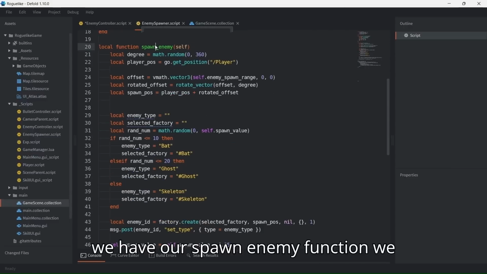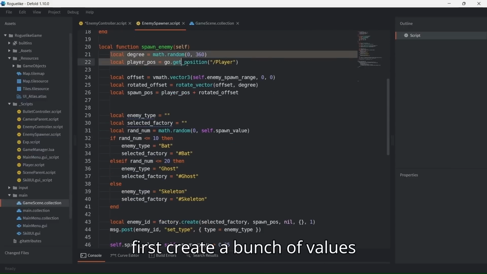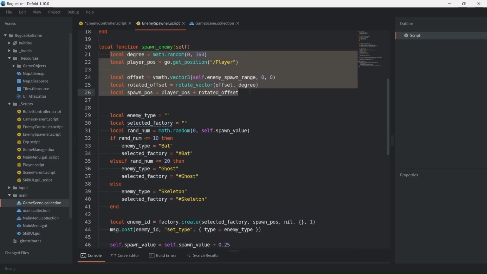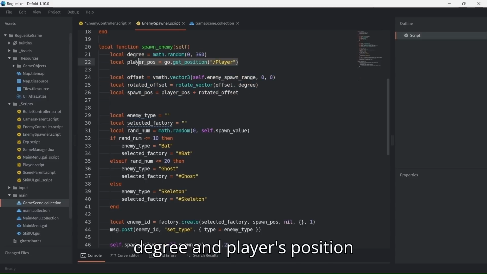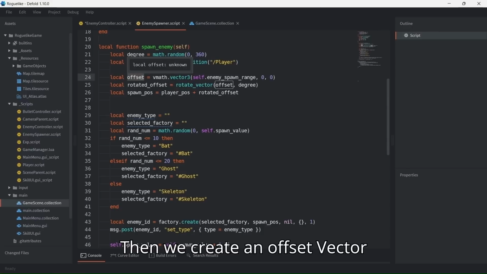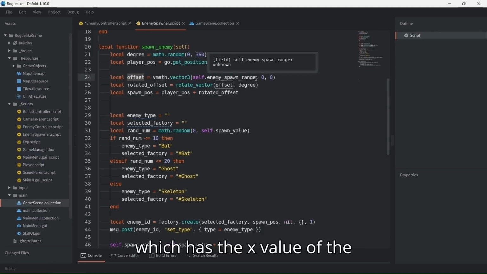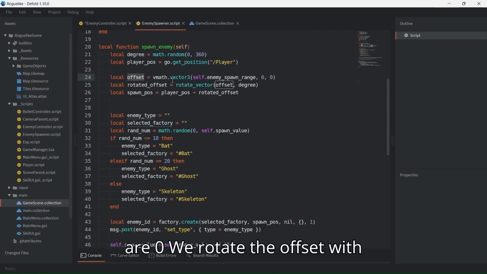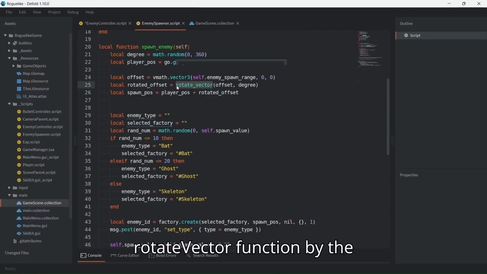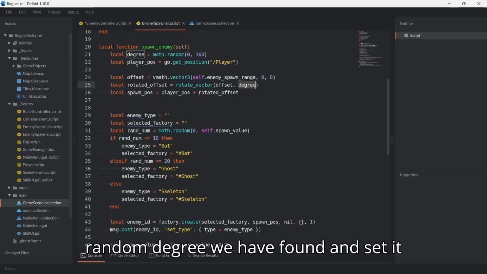We have our spawn enemy function. We first create a bunch of values. One is degree, which we get as a random degree and the player's position. Then we create an offset vector, which has the x value of the spawn range, and y and z values are 0. We rotate the offset with the rotate vector function by the random degree we found